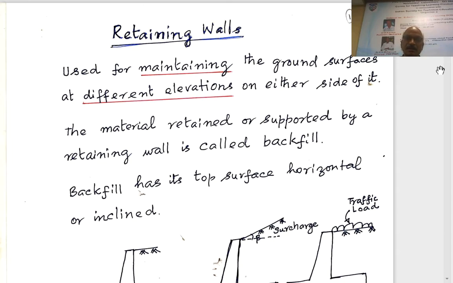And when you check for sliding, if it is not safe against sliding, we have to provide an additional component, namely called a key slab. Key can be provided either at the end of the wall or below the stem itself. And also we know that all the four components behave only as cantilevers. That is why it is called a cantilever retaining wall. So briefly to summarize,